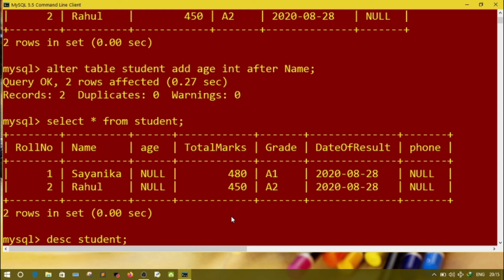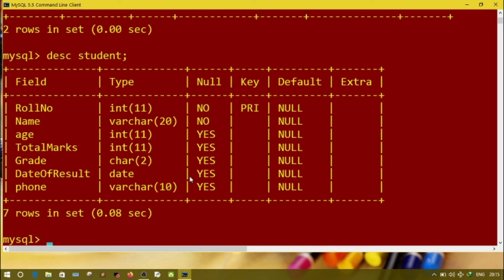DESC command displays the structure of the table. Here you can see the data type of grade is character. Now I want to change the data type of grade into varchar. For that we'll write alter table student,